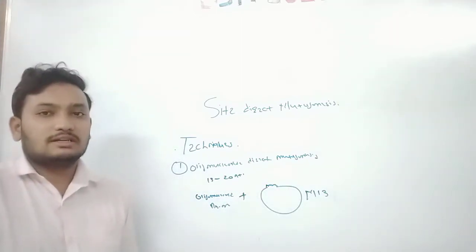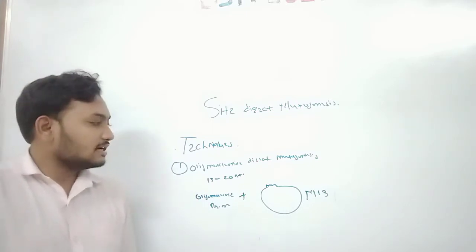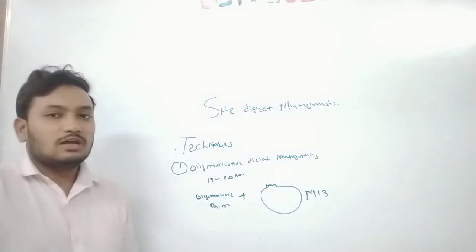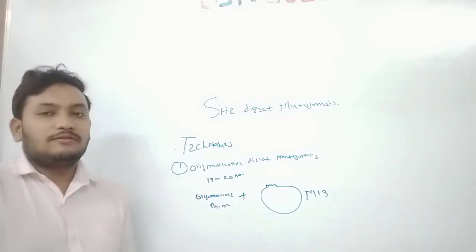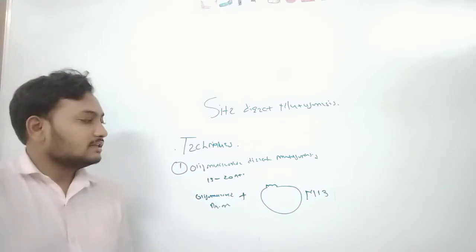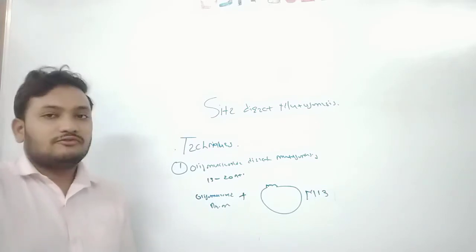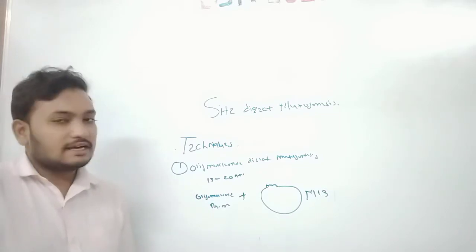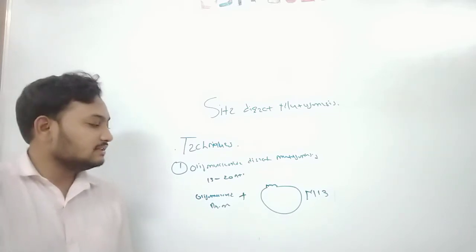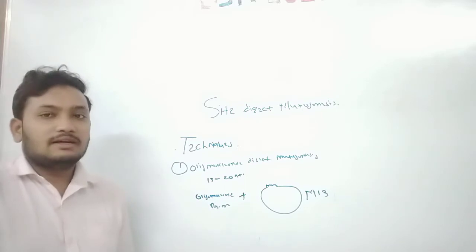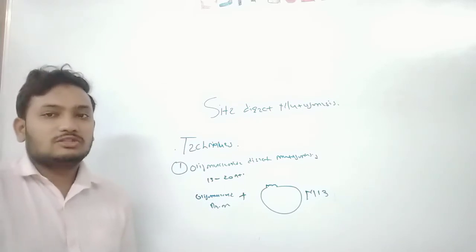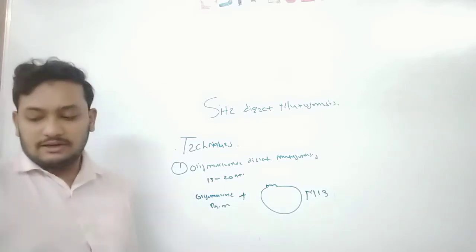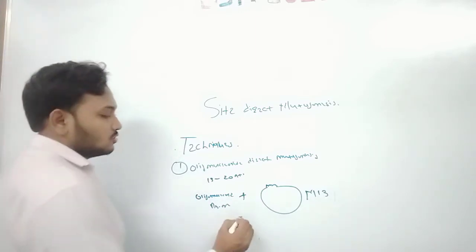So here we are not discussing how we are cutting, how we are joining. Okay, so in the reaction mixture tube, we are containing the oligonucleotide primer of 15 to 20 nucleotides, then we are adding the M13 phage as a vector, then we are restricting the site on the vector, and then we are ligating it with the oligonucleotide primer, then we are adding the ligase enzyme for the joining purposes, and then we are adding it into the specific type of host.